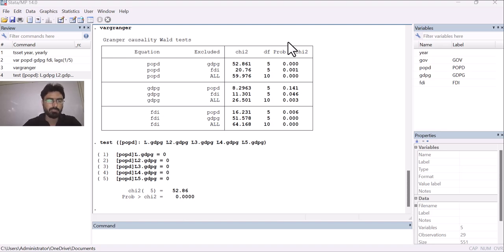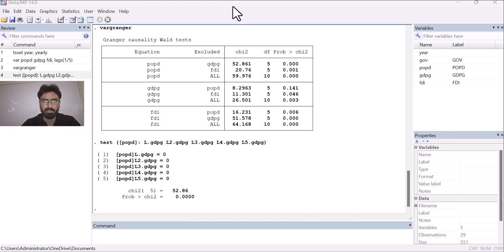As we are continuing the VAR model lectures, in our previous lecture we have seen how to estimate a VAR model, how to interpret it, and how to see the joint significance of the variables. In today's lecture, we are going to check the diagnostic testing of the VAR model.